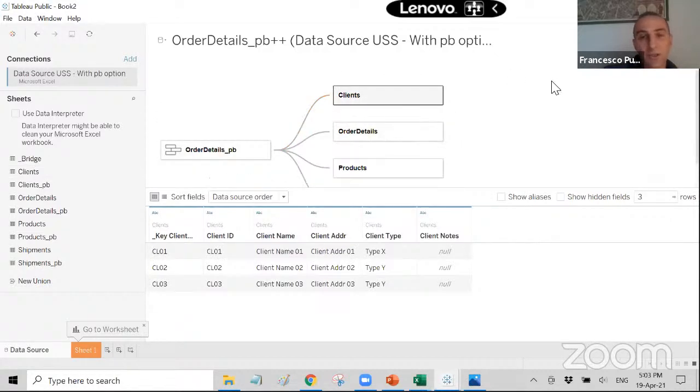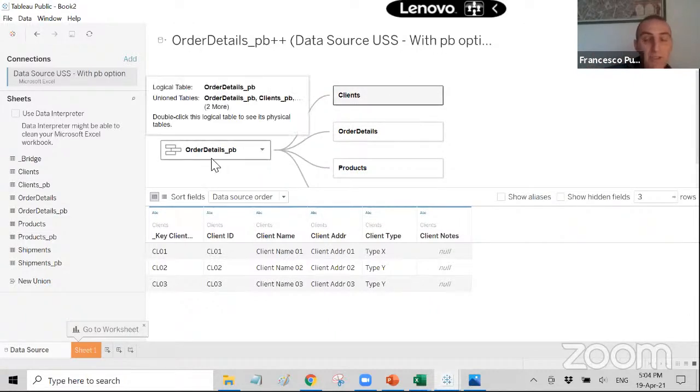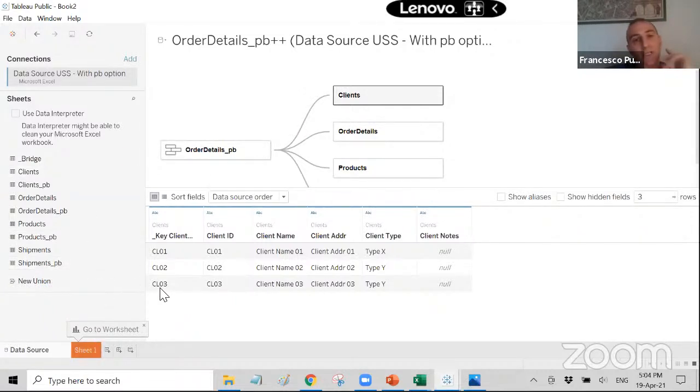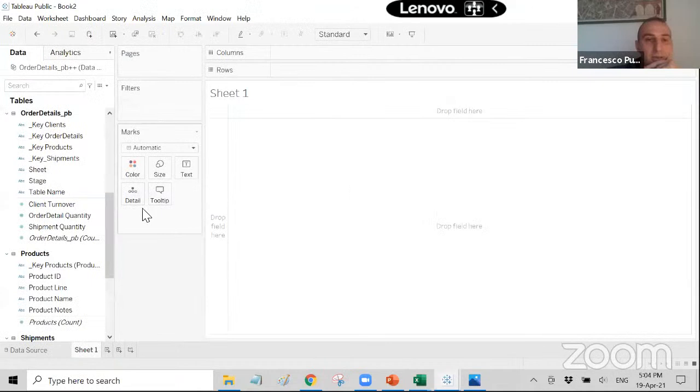So imagine in your organization, you have junior developers that are in charge of making fancy charts, fancy data visualizations. So you can give to them a unified star schema and they just pick what the client needs, the end user needs. So they just drag and drop. They don't need to care anymore about anything because all the connections are happening through the bridge, through the Puppini bridge, and they are all always automatic. So then you go to your sheet and you start to make your report.